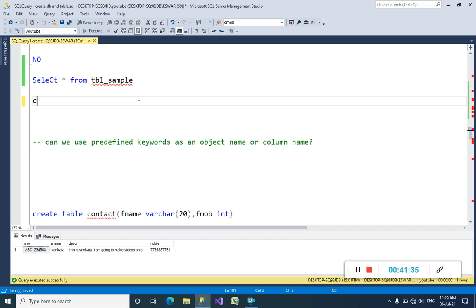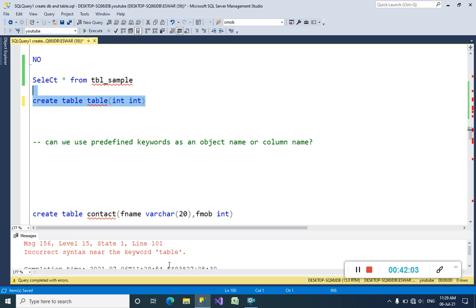Some people are very crazy about languages, so they want to create a table named table, and declare the column name also as data type int. See guys, what will happen?